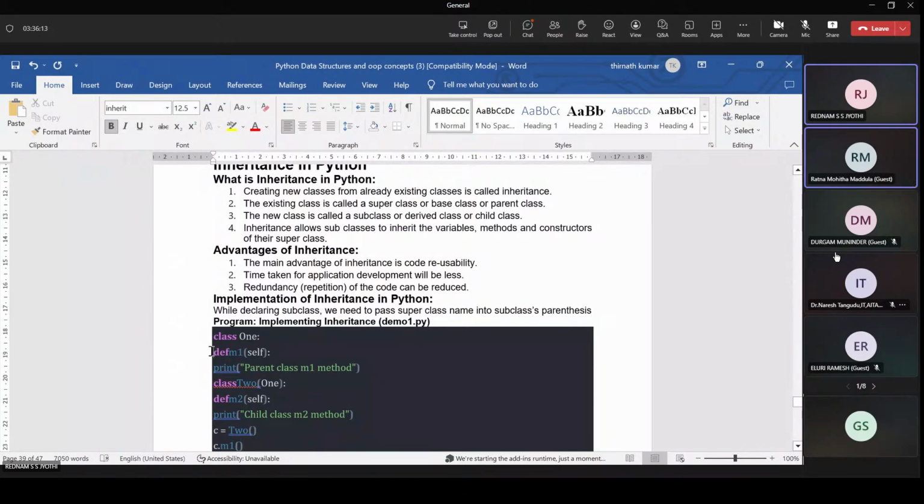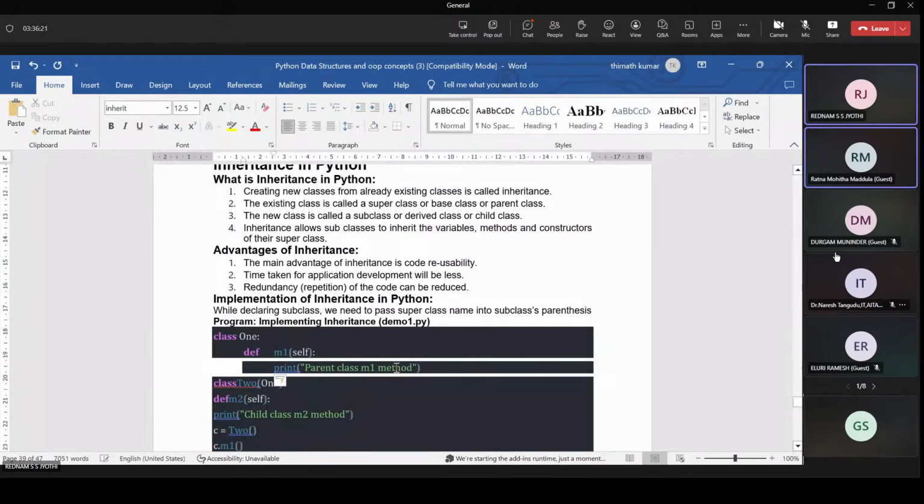Here in the example, class 1 is a normal class, and we create one more class, class 2, and pass 1 as the parameter, enclosed with parentheses. This is called inheritance.